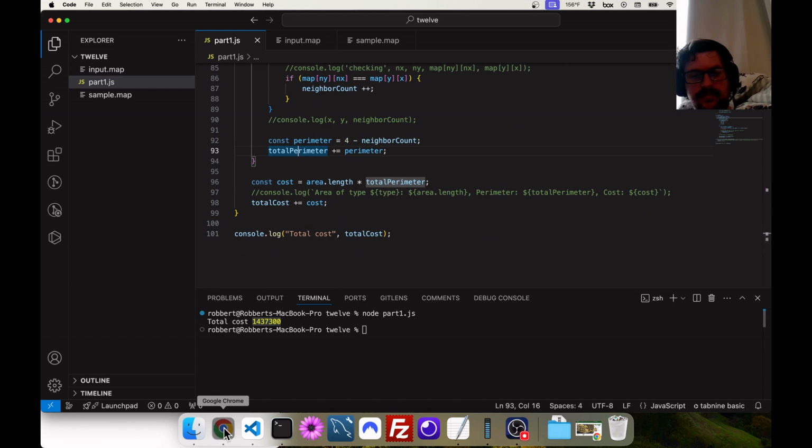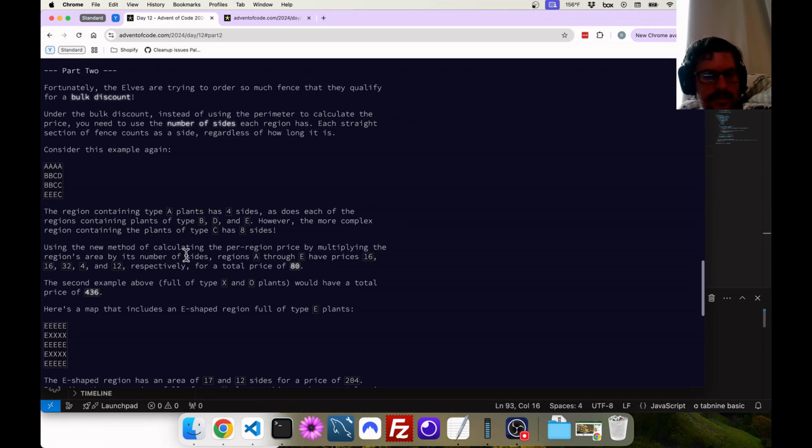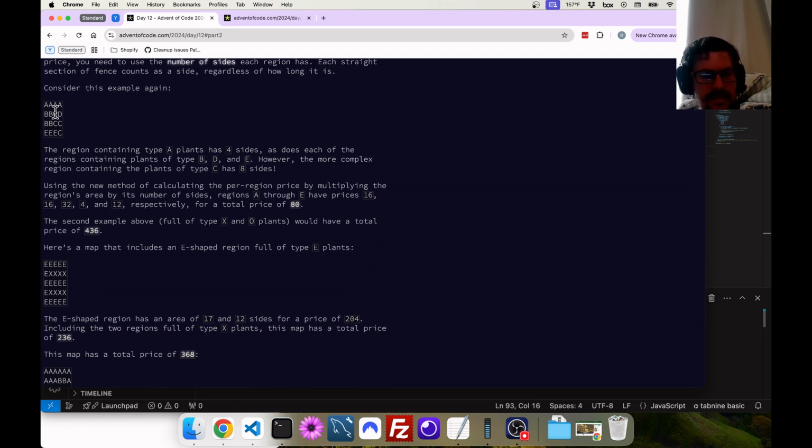Let's take a look at part 2. All right, the Elves qualify for a bulk discount. So instead of using the perimeter, you need to use the number of sides each region has. Each straight section of the fence counts as one side regardless of how long it is. The region containing type A plants is 4 sides. Right, okay. So basically now the idea is